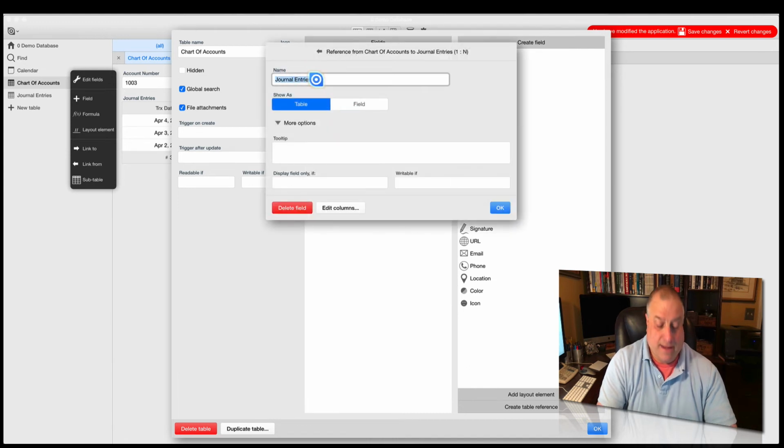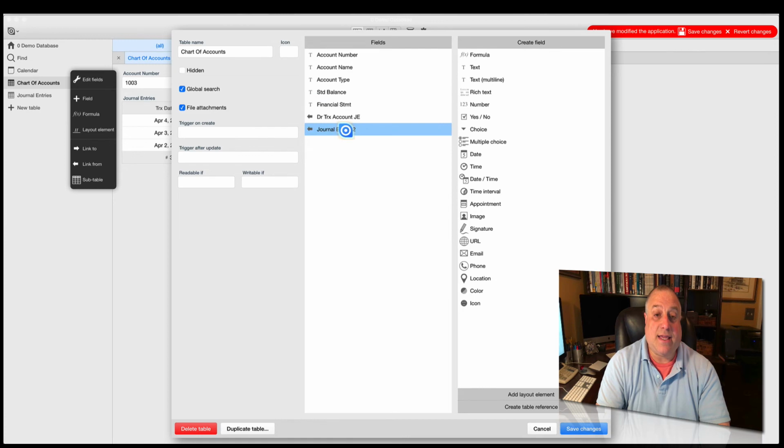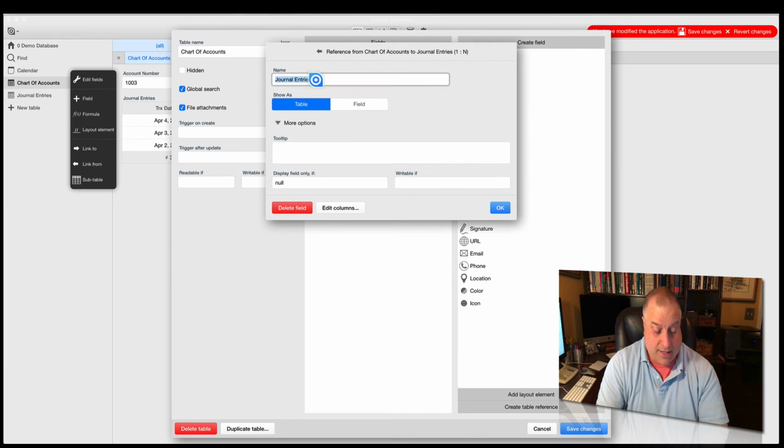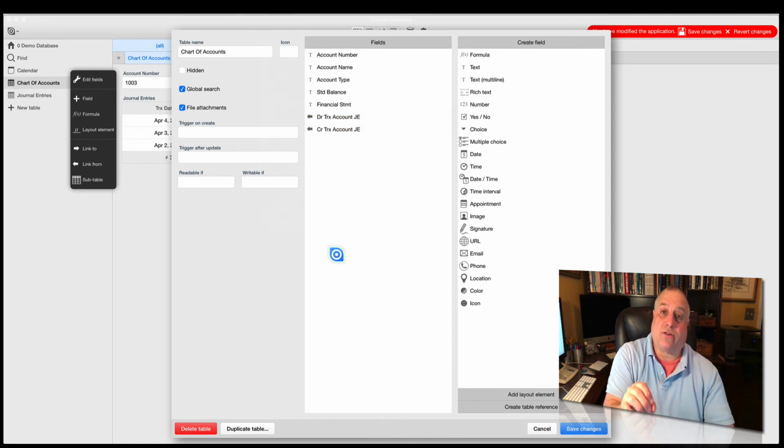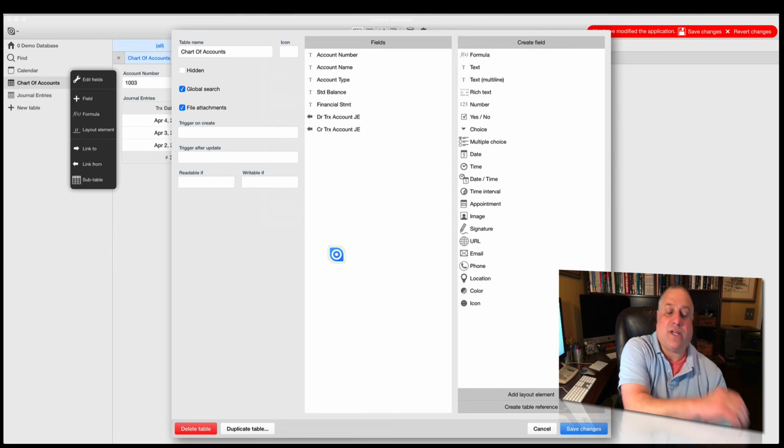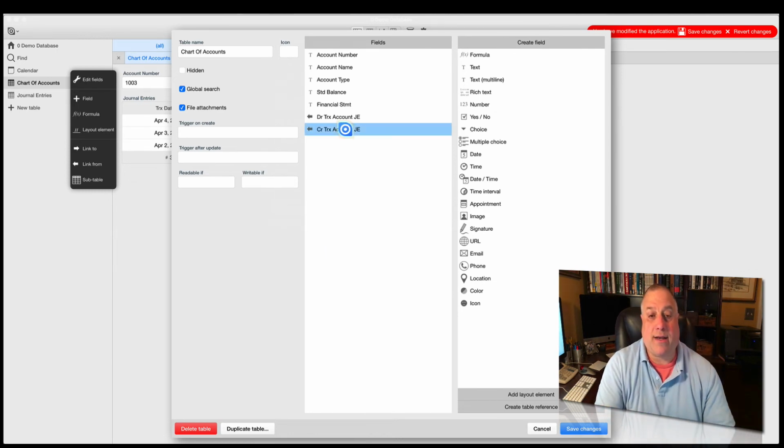This is the debit transaction account in the journal entry table. And this is the, sorry about that, little cutting and pasting. This is the credit transaction account in the journal entry table. I need to see both fields over in journal entries, but here I only need to see one, so I